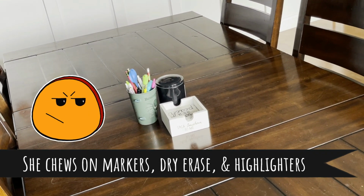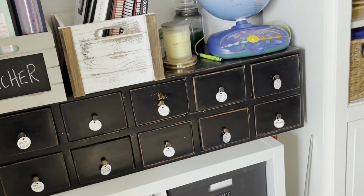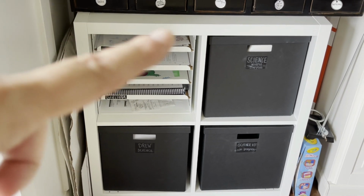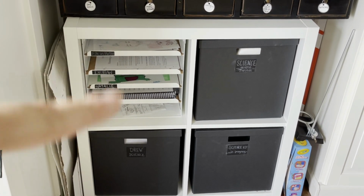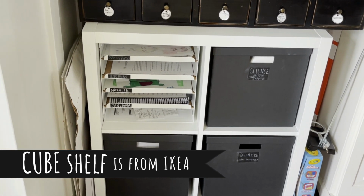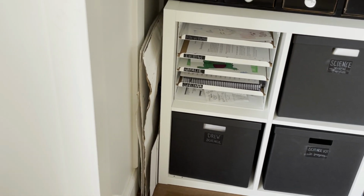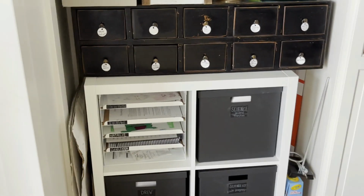So now we just have a few pens and pencils, coasters, a candle, and a pair of scissors there, and my dog has stayed away from it so far. Okay, and then down here below, I'm not going to go over this, but this is how I'm organizing things I need to grade or put in the portfolios. Anything that's big and poster board like that I want to keep up here gets tucked back there,